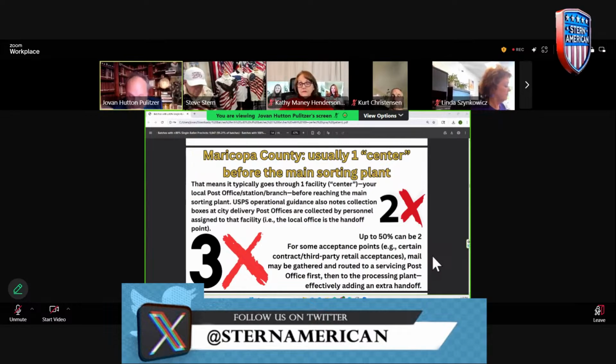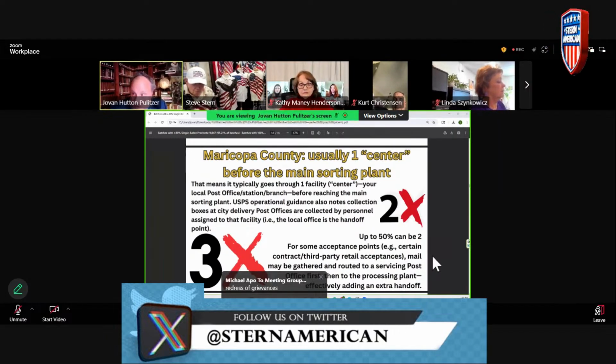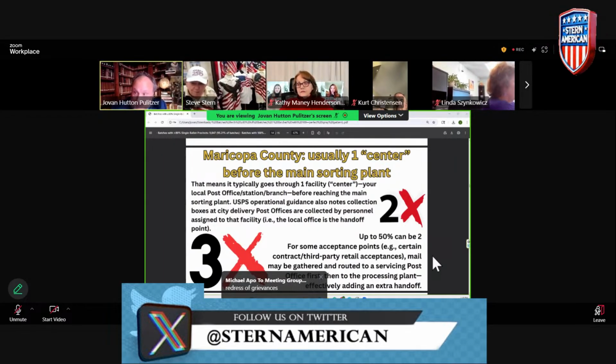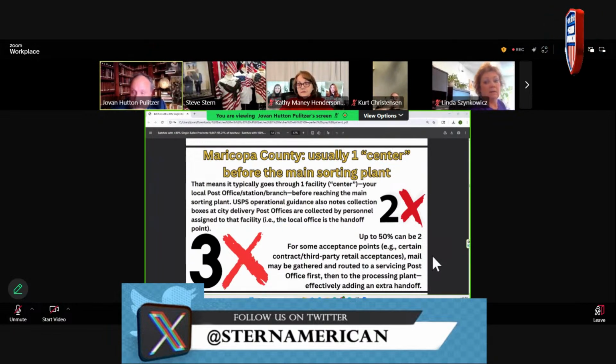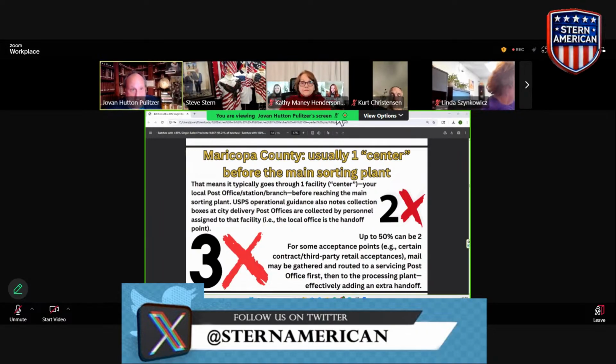When you drop your ballot in a post office receptacle, it's basically called a two-hop. No matter where that ballot drops, it is going to go to one central processing center. Then it's going to go to the final processing center to reach the final address. I think everybody can agree that the mail-in ballots have the same address. They're going to one place. So if you drop your ballot in Maricopa, you can plot this for your city. It's making two stops. Let's chase this out.